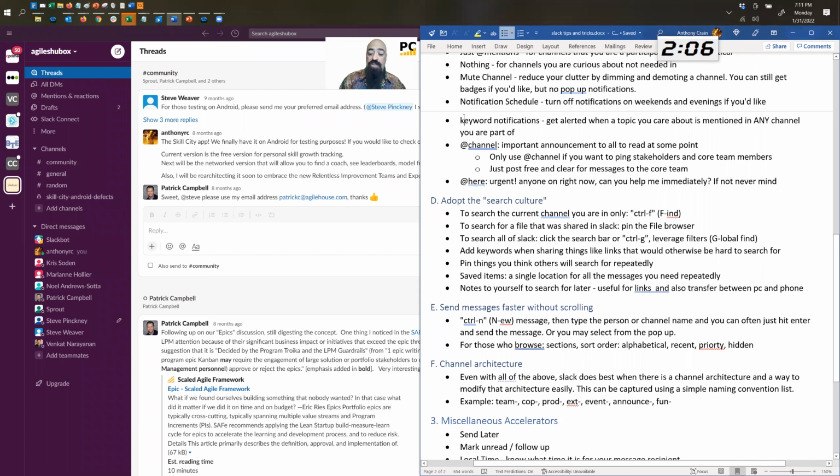Keyword notifications. So this one I love. Any client I'm at that has Slack, the first thing I do is I put in, let's say I'm a SAFe coach or portfolio coach, love portfolio coaching or metrics, I'll put keywords: portfolio, metrics. And what happens is if someone types the word metrics or SAFe or portfolio in any channel that I have visibility to, it's as if they said at Anthony. How crazy is that? So I'll get a badge and everything.